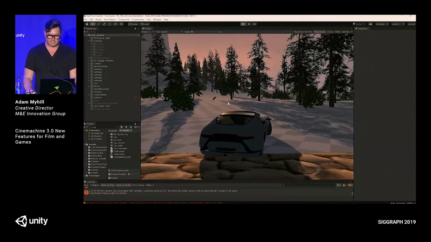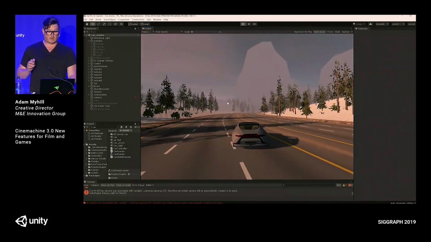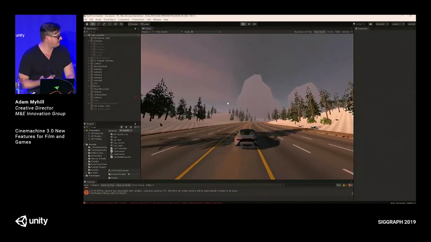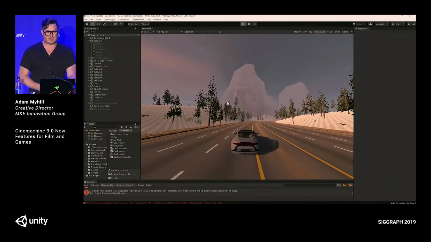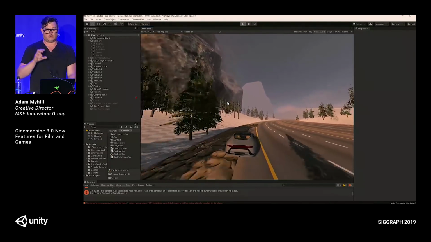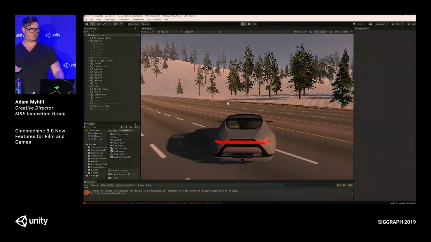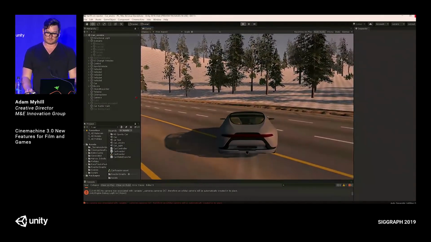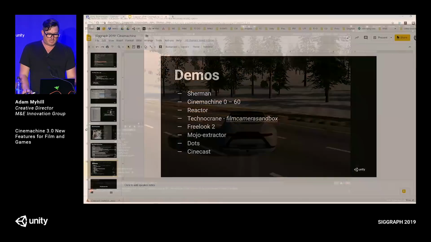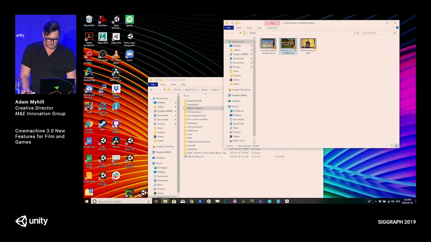I've since crashed into a tree. And now as soon as we speed up, the FOV is going to get wider and wider and wider, and we're going to add 50 degrees of lens to that. I mean, it's ridiculous. But look how fast this is. And think of an environment where you can take anything that's happening in your game, pipe it through a remapper, and plug it into anything to do with your camera. Super powerful. That's called Reactor. And it's coming later this year. Okay, this is fun.